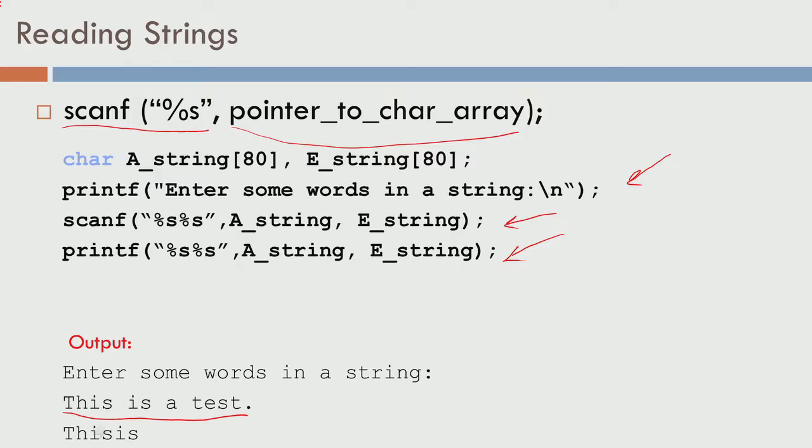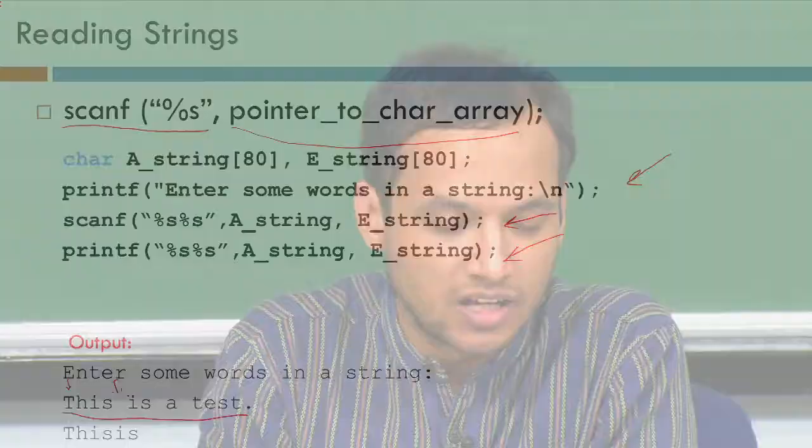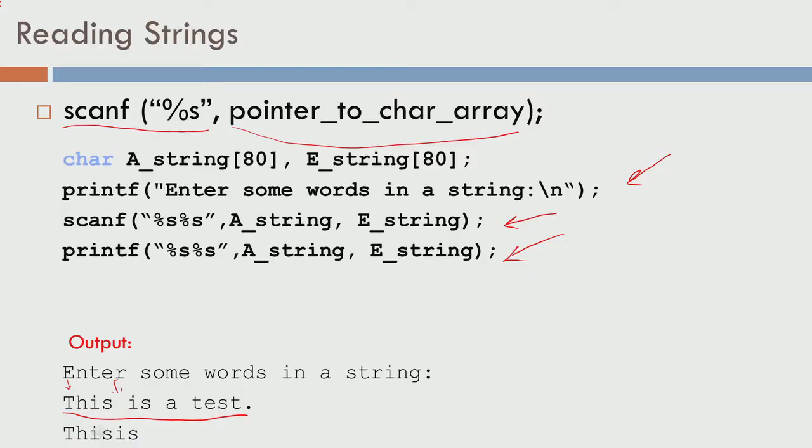So, in this case a string, when scanf works, it starts with T and then it reads H, reads I, reads S, and it reads space. The moment it sees space, it says that okay, so scanf, the way it works is space is not scanned into the a string, it stops here, it puts THIS followed by \0 into a string,